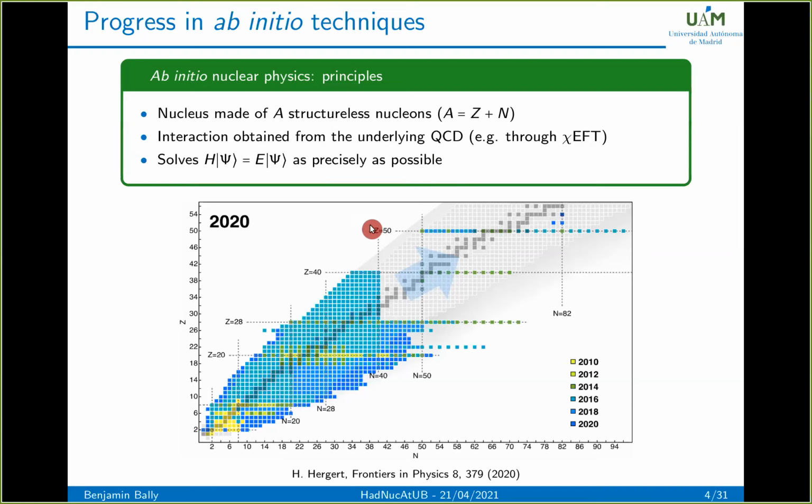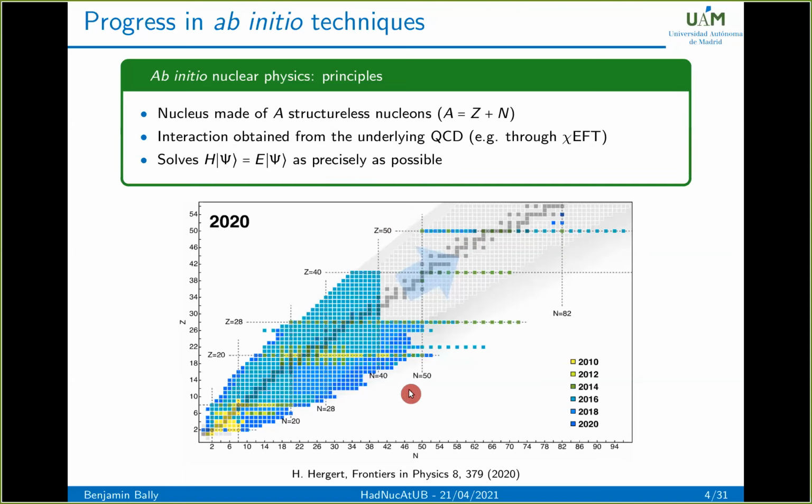And one of the crucial points of nuclear structure in the last, let's say, 20 years is the immense progress in ab initio techniques. In particular, the reach of ab initio methods has increased quite a lot compared to, let's say, 10 years ago, when the methods used allowed us to describe only the lightest nuclei or nuclei close to the shell closure, here represented by the dashed line.